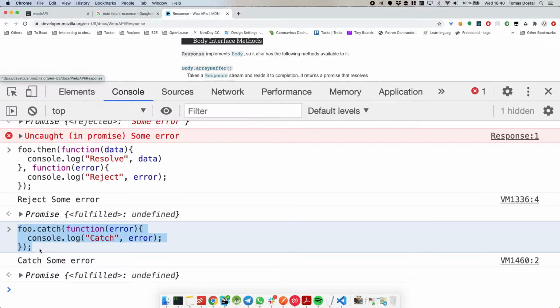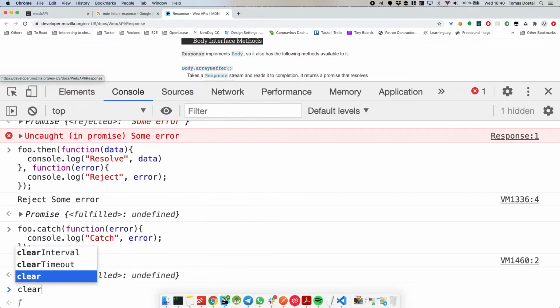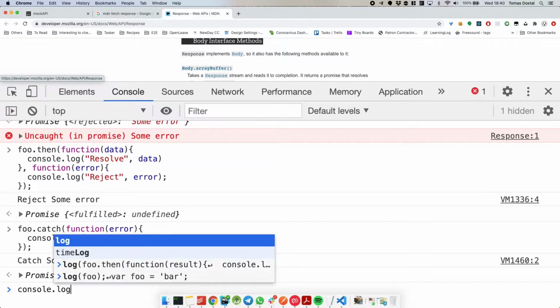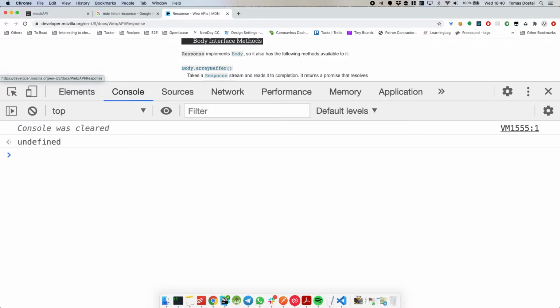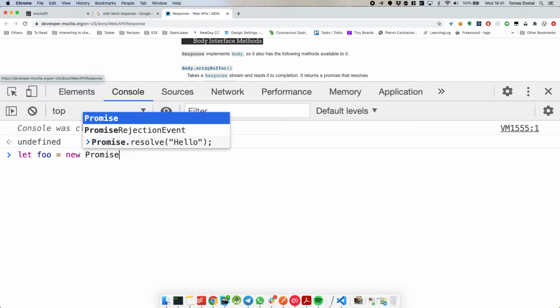And if I execute it, you get basically the same result like we did before. Now this is definitely a more preferred way of doing this, and you need to think about the application, which we will talk about in a minute, but it will look much better. So if we have a promise, let's create a new one actually.